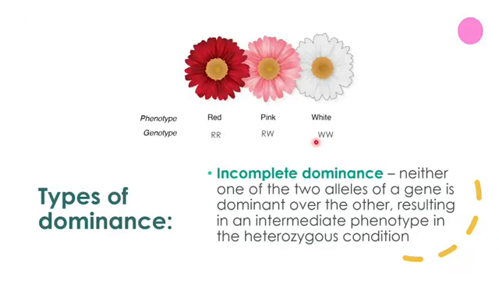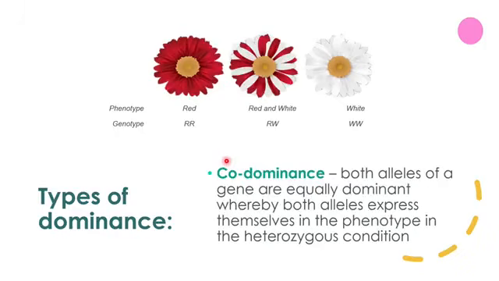Remember, in the exams they will give you the letters. So as soon as you see that there's two capital letters, then you know that it's not complete dominance, it's most probably incomplete dominance, or it can be